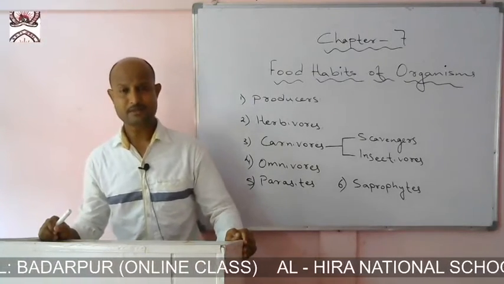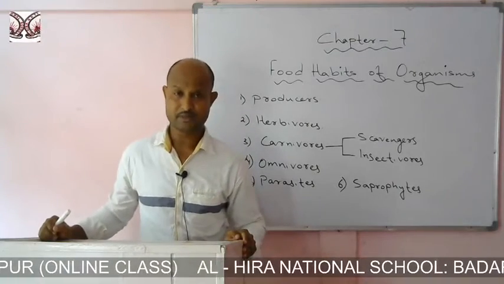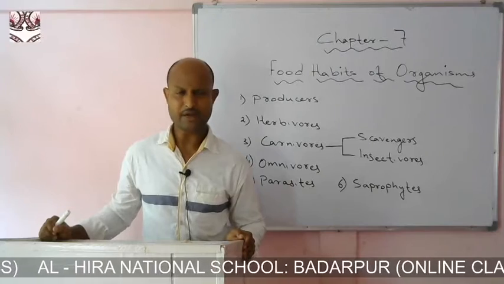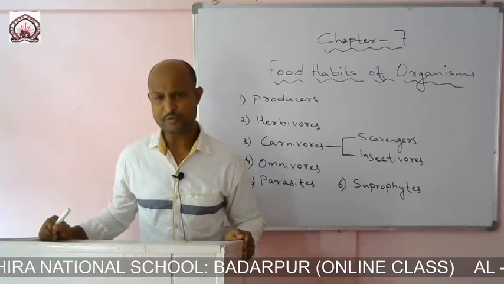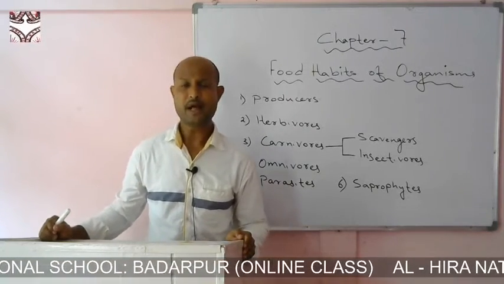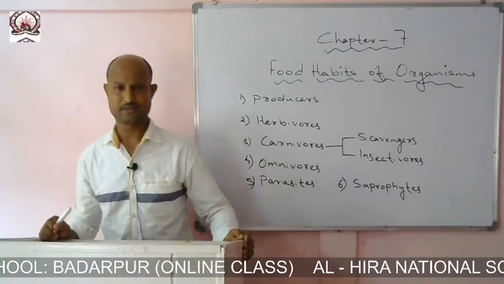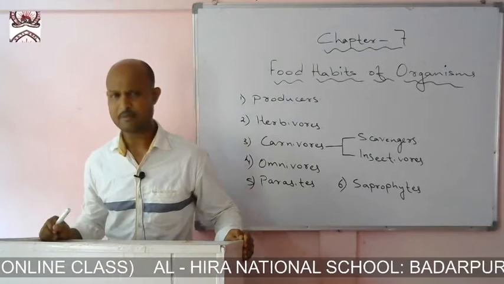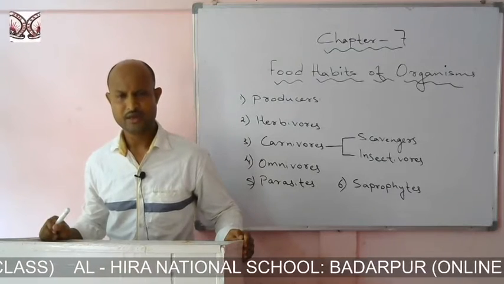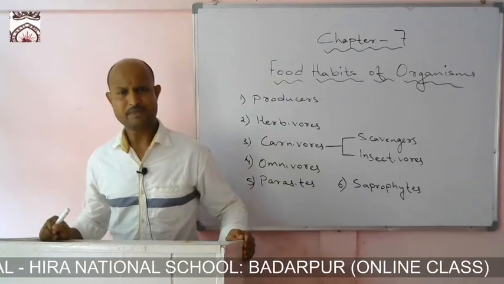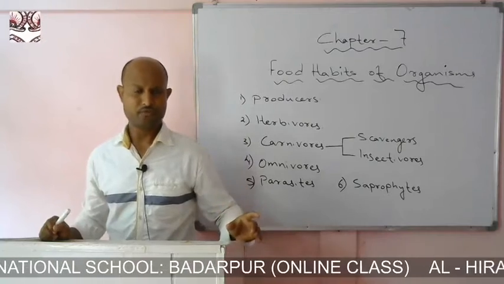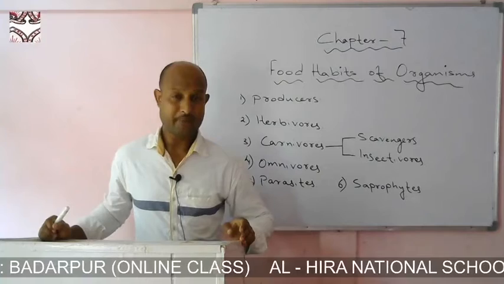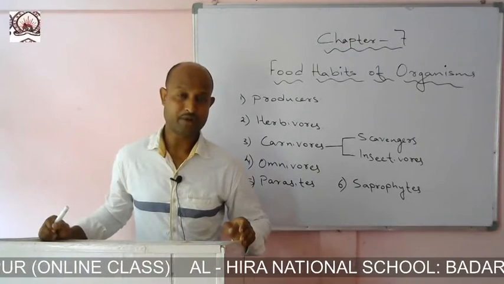Yes, but the plants are not able to move from one place to another. Even though they don't have to move, how are they able to produce food by themselves? They are able to manufacture food by undergoing a process called photosynthesis. This photosynthesis is a process which is undergone by the green plants and some algae. In this process, they are able to manufacture food in the presence of sunlight by absorbing water and minerals from the soil and carbon dioxide from the atmosphere.